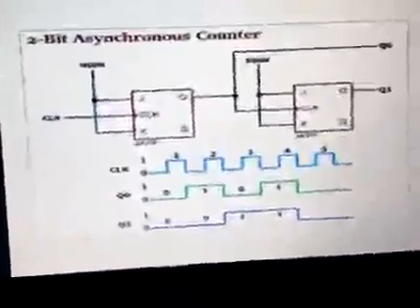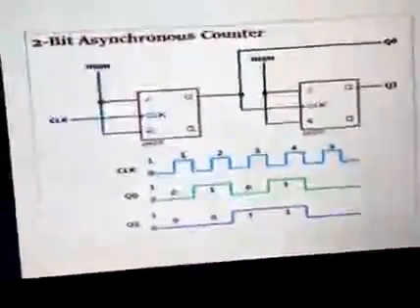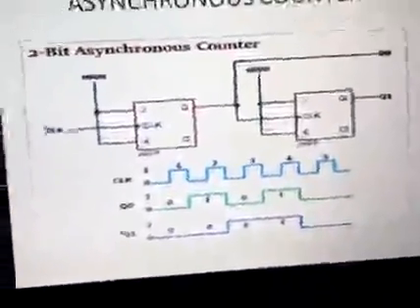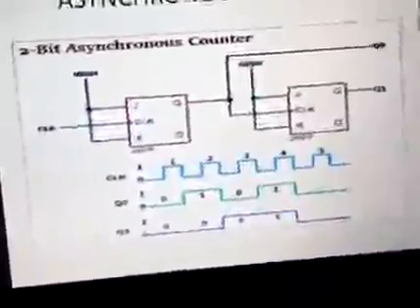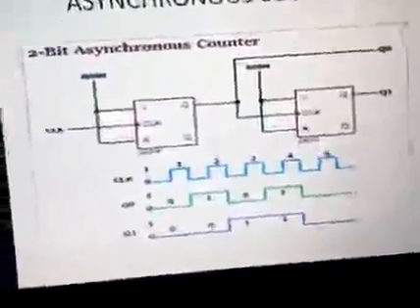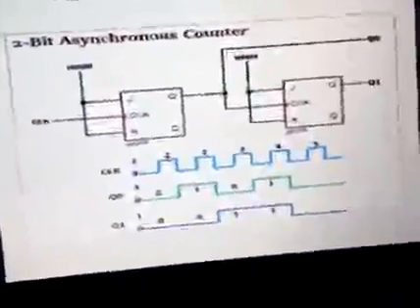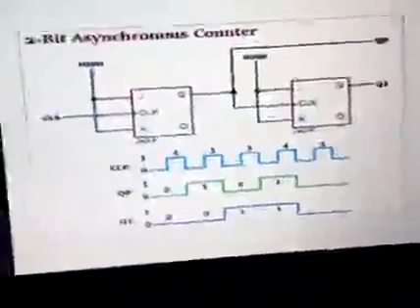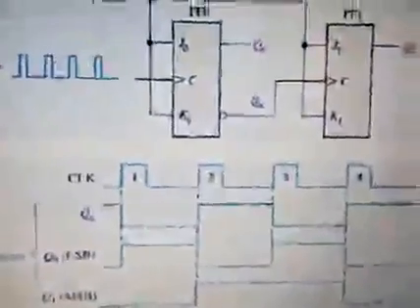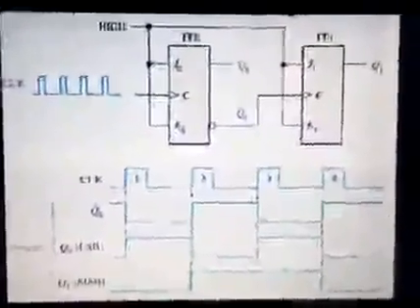After the fourth negative edge trigger, on its arrival, flip-flop 1 toggles again and its output goes from 1 to 0. This negative change in flip-flop 1 acts as a clock pulse for flip-flop 2, hence it toggles and QB changes from 1 to 0. The output of both flip-flops is 0, 0. This is also a diagram of the asynchronous 2-bit counter.